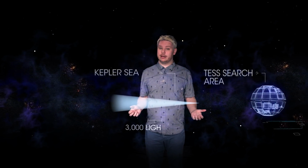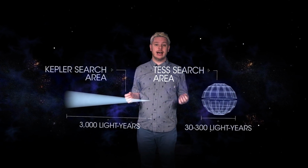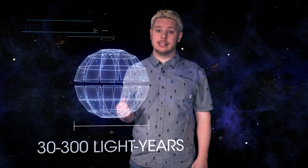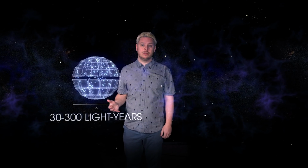And that brings us to TESS, our newest planet hunter. The Transiting Exoplanet Survey Satellite works like Kepler, and over the next 2 years, it will scan almost the entire sky. By looking at closer and brighter stars, TESS will find and measure the sizes of dozens of small nearby planets, best suited for detailed investigation by powerful telescopes on the ground and in space, like the future James Webb